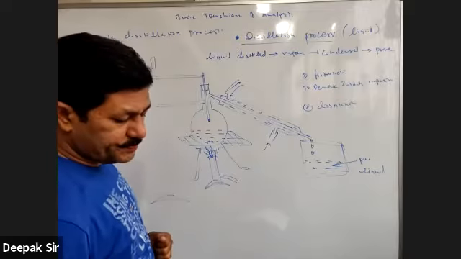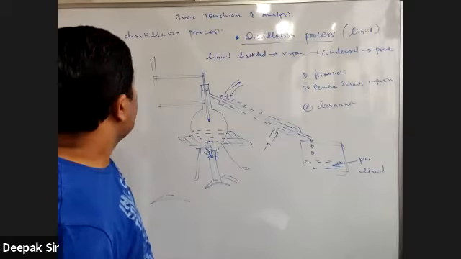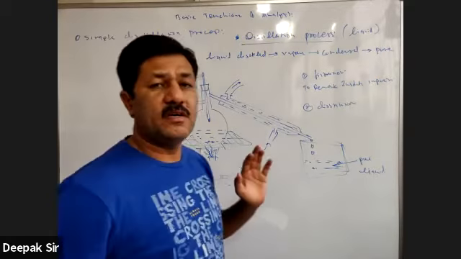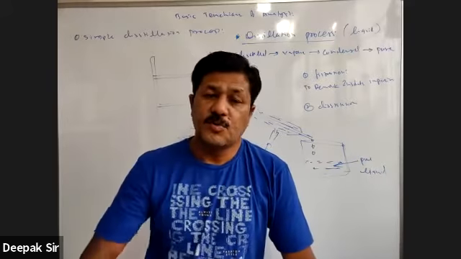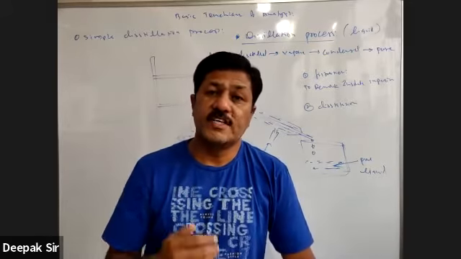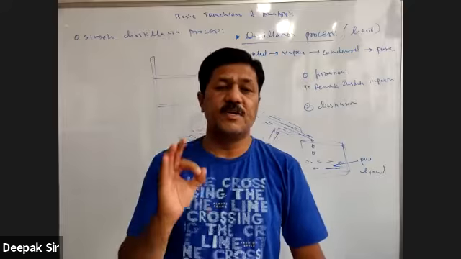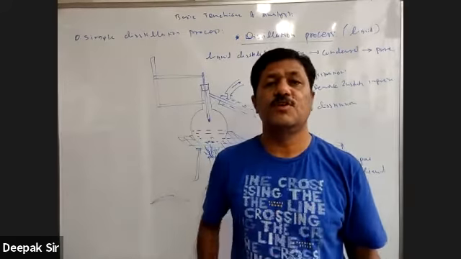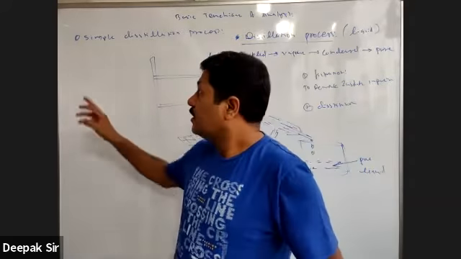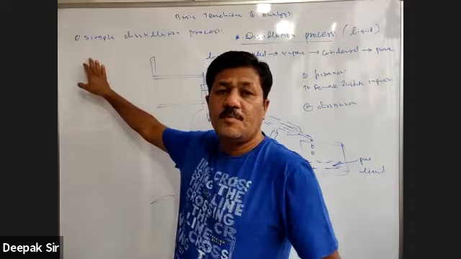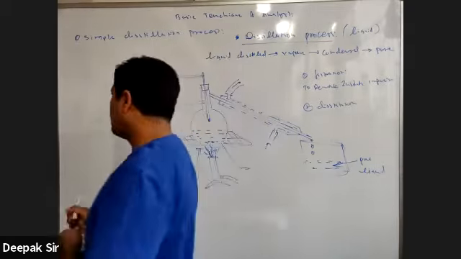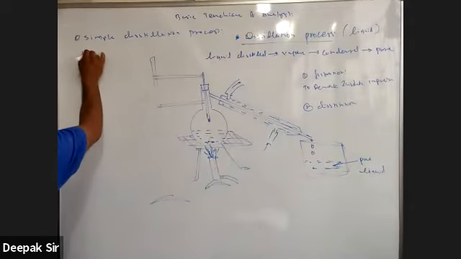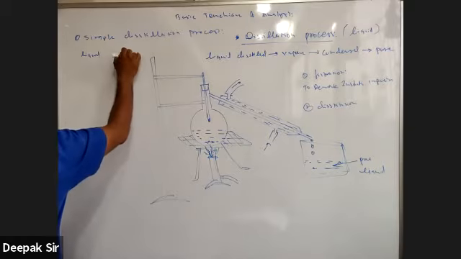So whenever we have the liquid having soluble impurities, or these impurities have a higher boiling point than the liquid, then the simple distillation process is used. Whenever the liquid has impurities having a higher boiling point than the liquid. So आप देख सकते हैं यहाँ पे, suppose we have liquid and we have impurities.